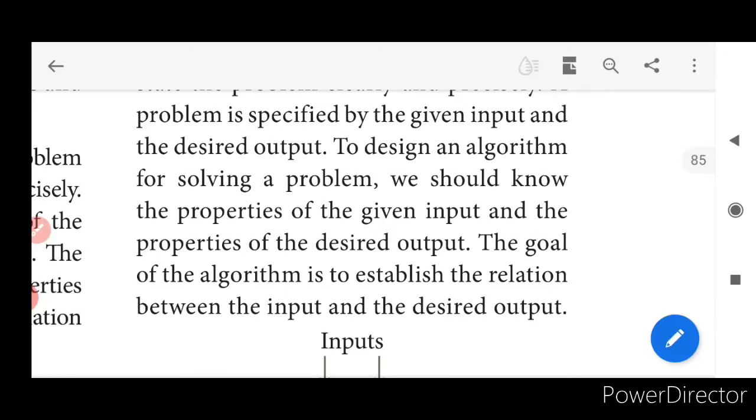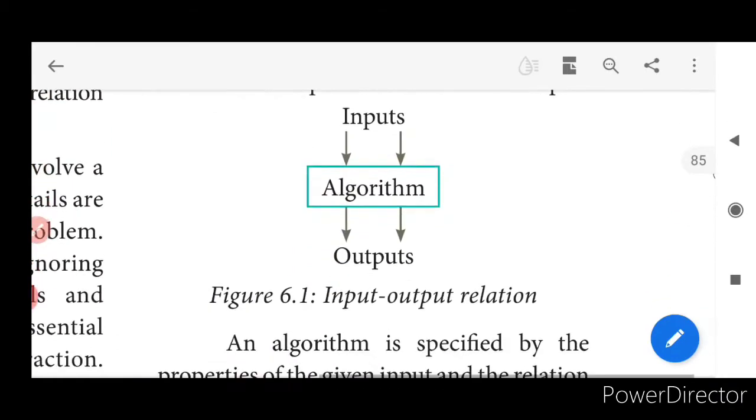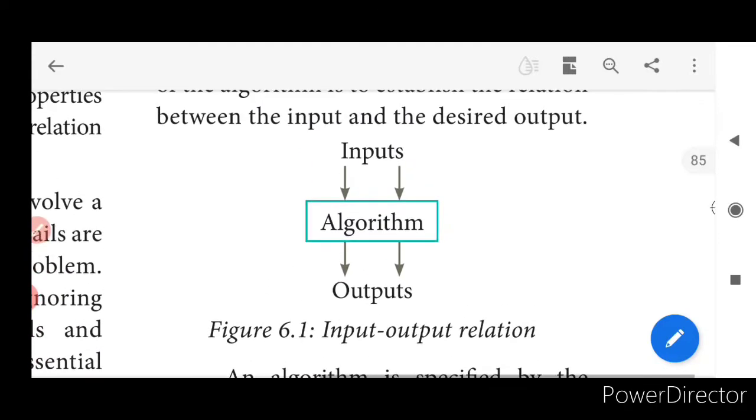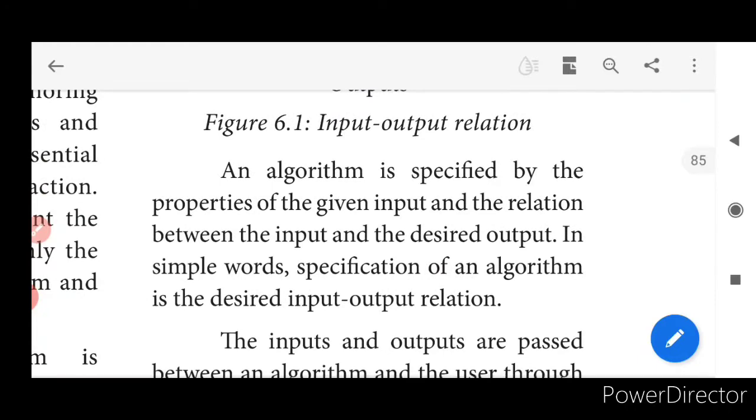Next, what should we do? We should know the properties of the given input and the properties of the desired output. The goal of the algorithm is to establish the relationship between input and the output. All this we saw, isn't it? We will get the inputs, apply the algorithm to get the output. So, an algorithm is actually specified by the properties of the given input and the relation between the input and the desired